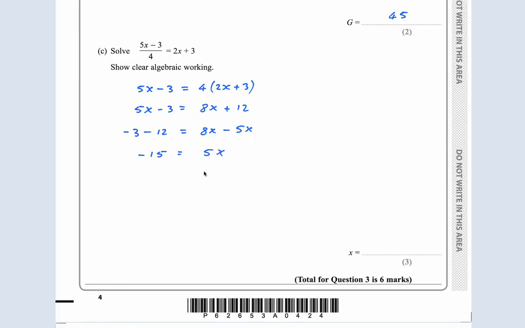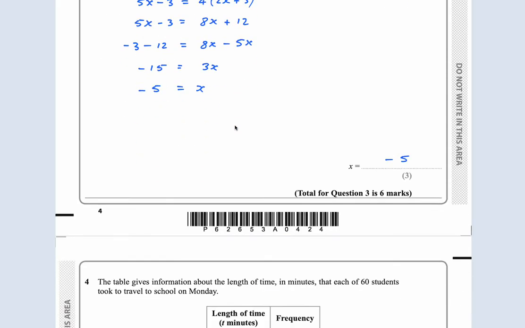Divide by 5. Divide by 3, sorry, that's wrong. What am I doing? 3x. 8x minus 5x is 3x. Divide by 3, and we get -5. So x is equal to -5. Okay,